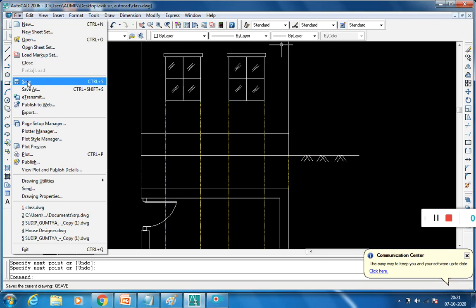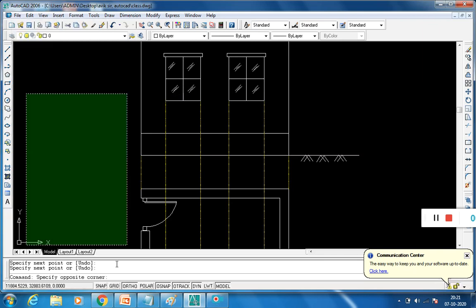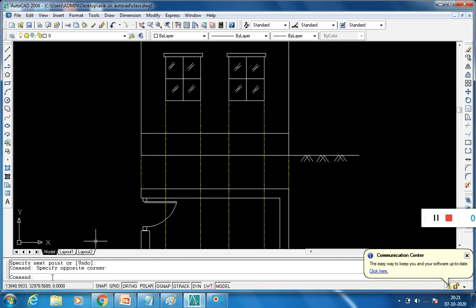So you save it. For saving the drawing, type QSAVE. The drawing is saved.